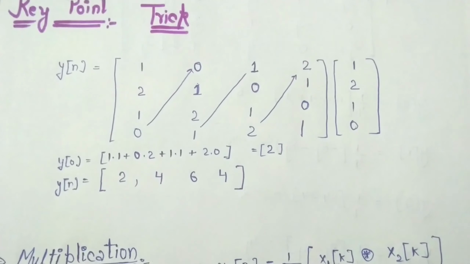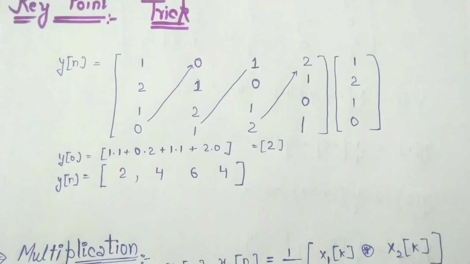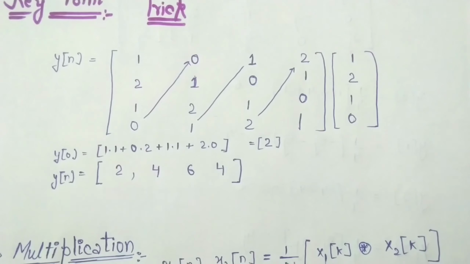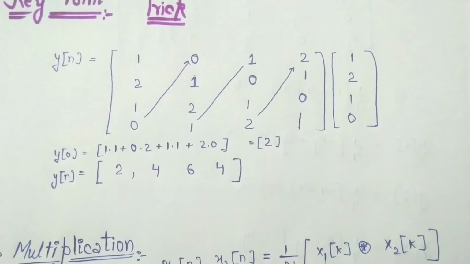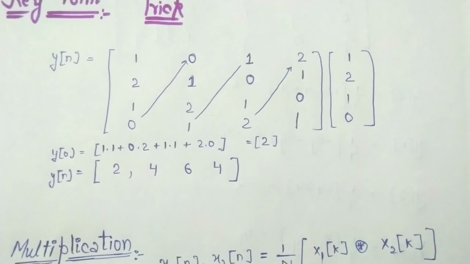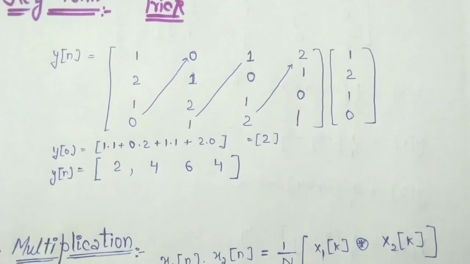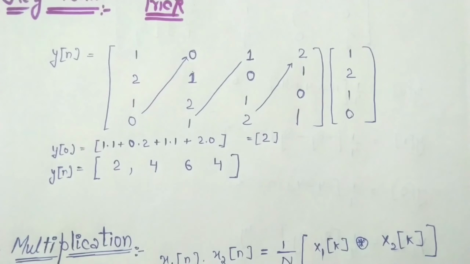ये 2 हमारा ऊपर चला जाएगा. Then we write the rest of the terms 1, 0, 1 as they are. Then in the next column we write the signal with which we want to perform convolution. In this question we want to convolve our signal with the same signal. So we write the signal 1, 2, 1 and 0. Then we perform matrix multiplication.